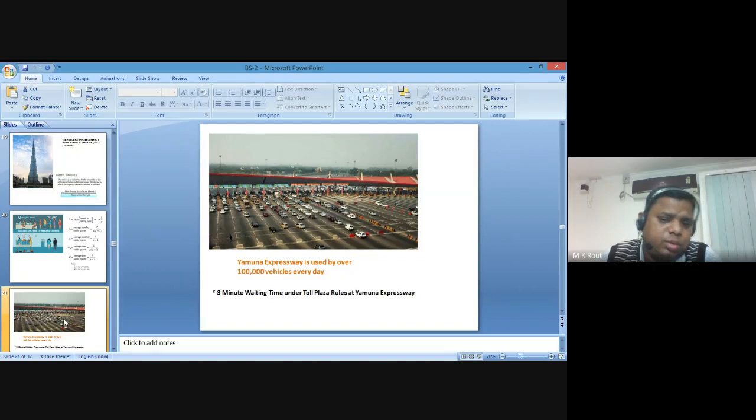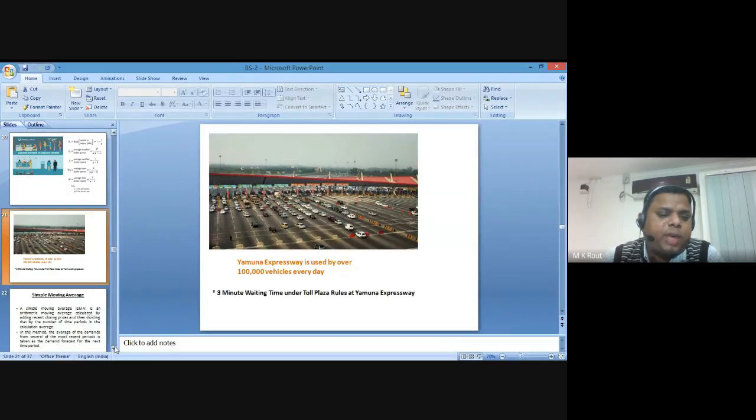If you go to the waiting line theory, they find that there is an average waiting time of 3 minutes under the toll plaza routes at Yamuna Expressway. So this is the result. Whenever you visit a place like Agra by using the Yamuna Expressway, you have to wait for 3 minutes. That is the conclusion drawn through the queue theory or waiting line theory. So in this regard, there is no 0% traffic intensity on this particular road, and they can reduce the traffic intensity during travel from that place to Agra. So this is the typical case study as far as waiting line is concerned.